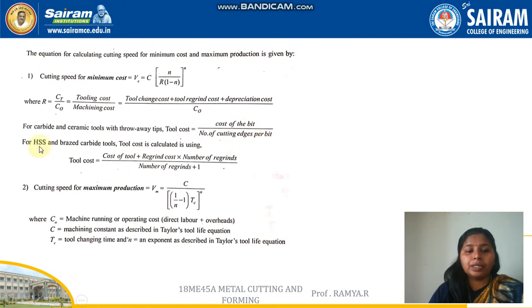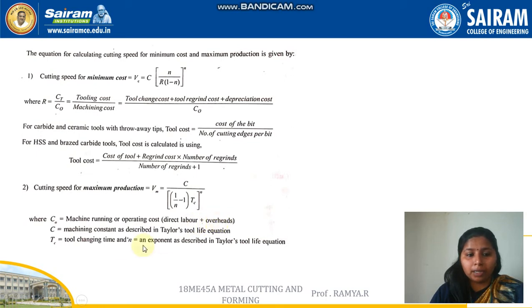For a high-speed steel and a brazed carbide tool, tool cost is calculated using cost of the tool plus regrind cost into number of regrinds by number of regrinds plus 1. So this is how the cutting speed for minimum cost is calculated. And the next one is cutting speed for maximum production. It is indicated as VM, where CN is nothing but machine running or operating cost, that is direct labor cost